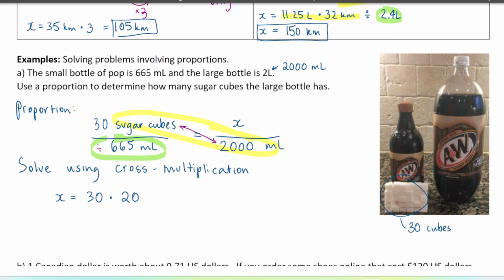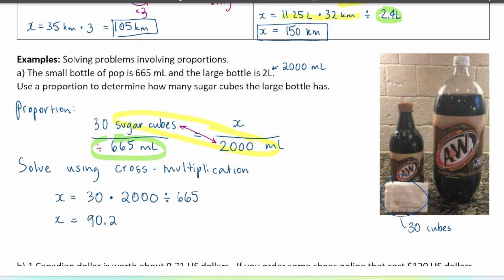2,000. So 30 multiplied with 2,000 divided by 665. Notice I'm using a little dot for my multiplication. That's because x is involved here, and I don't like to use the other multiplication symbol because it looks too much like an x. Okay, and I'm just going to type that into my calculator, and I get 90.2 sugar